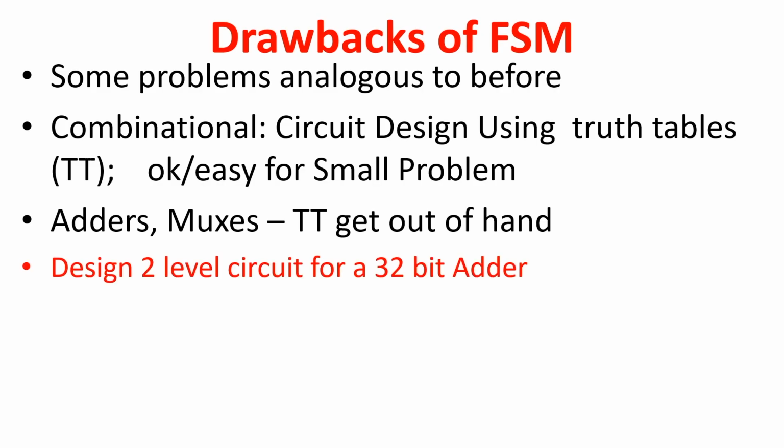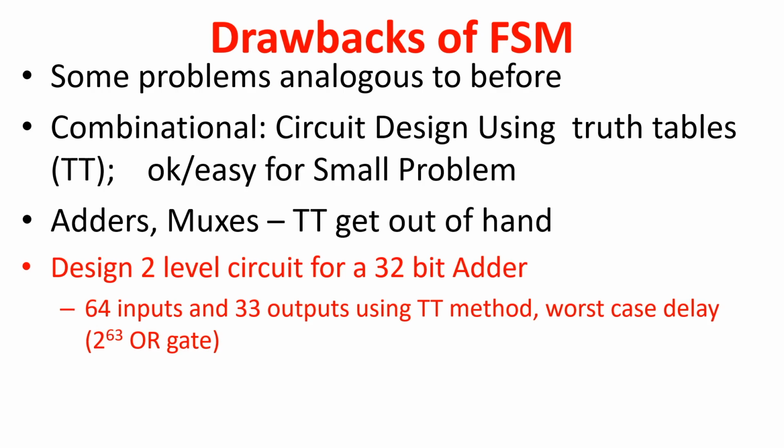So, designing a 2-level circuit for a 32-bit adder using truth table methods is really useless and not desirable. It has 64 inputs and 32 or 33 outputs. The worst case delay will be 2 to the power 63 OR gate delays, because in the worst case, the number of 1s in the truth table, which has 2 to the 64 entries, is huge. So, 2 to the 63 OR gate delays will be there,